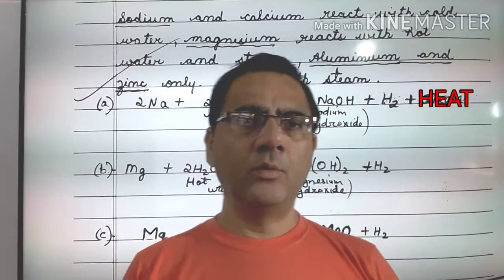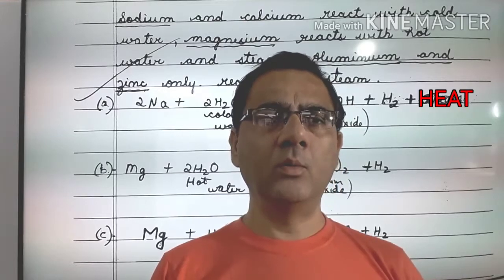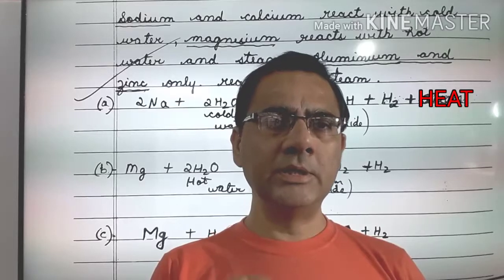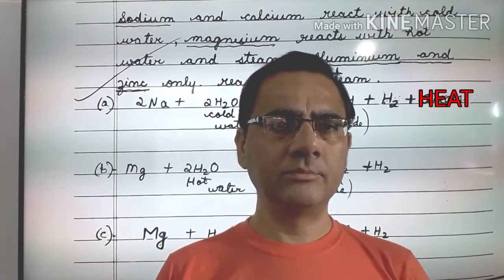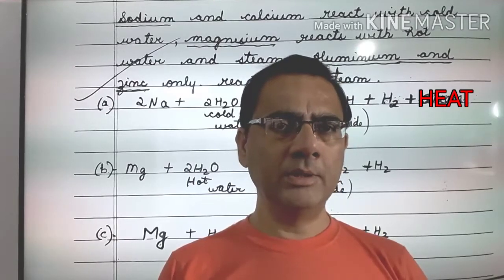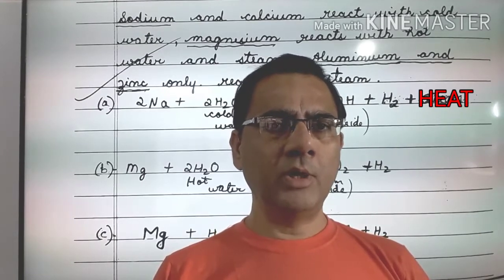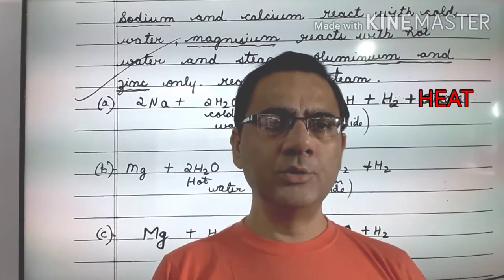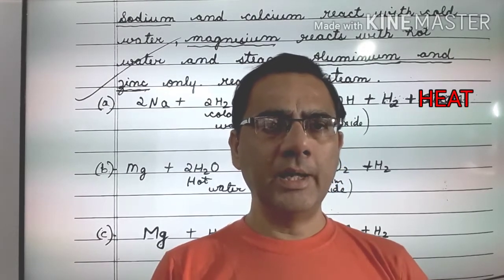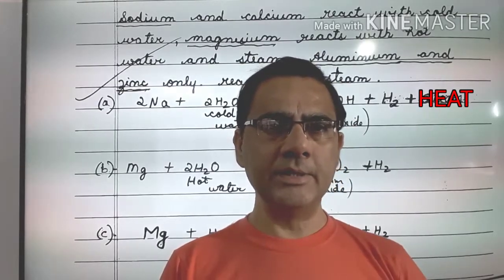So now we see what happens when the sodium is dropped in the water. When the sodium is dropped in the water, three things are formed. Number one, sodium hydroxide. Number two, hydrogen. Number three, heat. Sodium on dropping in the water forms a basic solution of sodium hydroxide with the evolution of hydrogen gas. And hydrogen gas is highly inflammable gas. Inflammable means it catches fire easily.